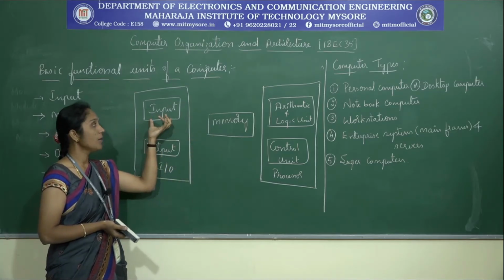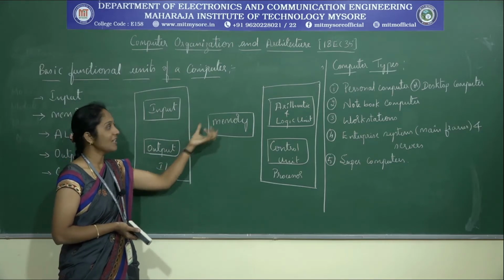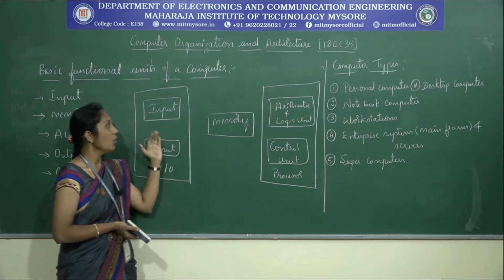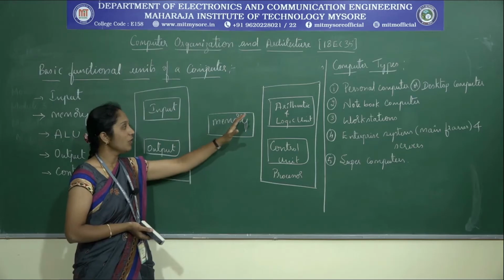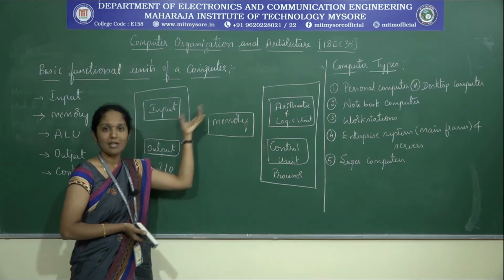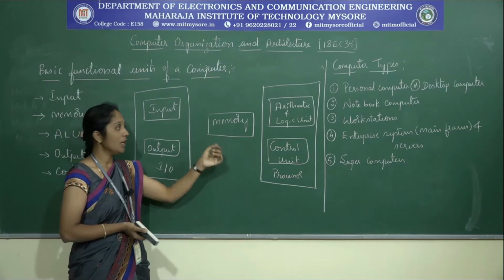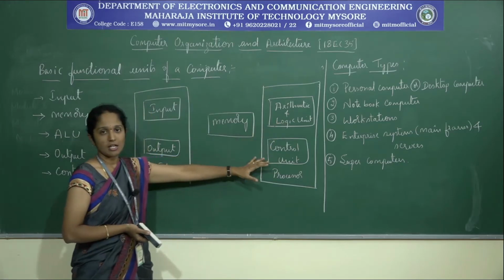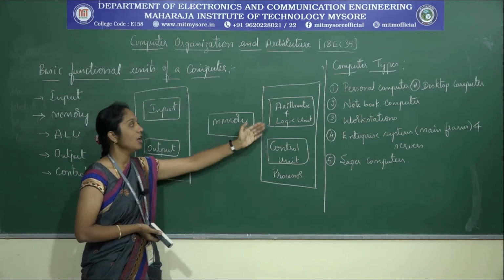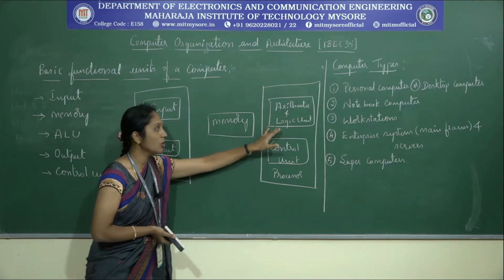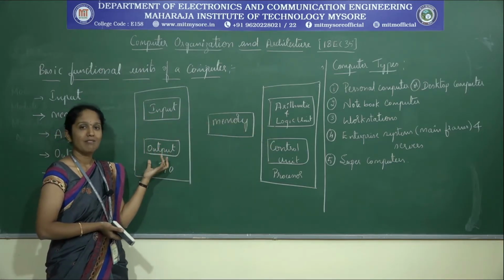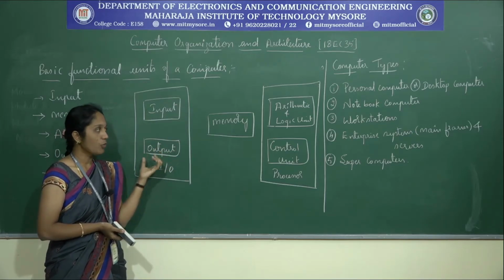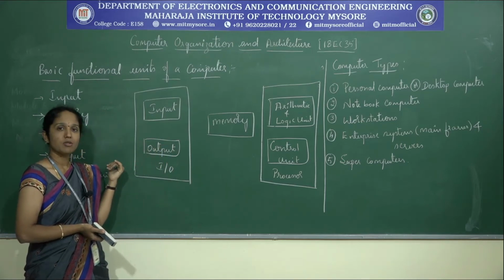Input may be stored in the memory or it may be given directly to the arithmetic and logic unit for performing the required operation. Once the input is given to the arithmetic and logic unit, directly or through the memory, it performs the required operation according to the instructions or program we have written, and once the output is ready, it sends it to the output device. The output device may be a printer or a display. It accepts the output information and gives it to the outside world.